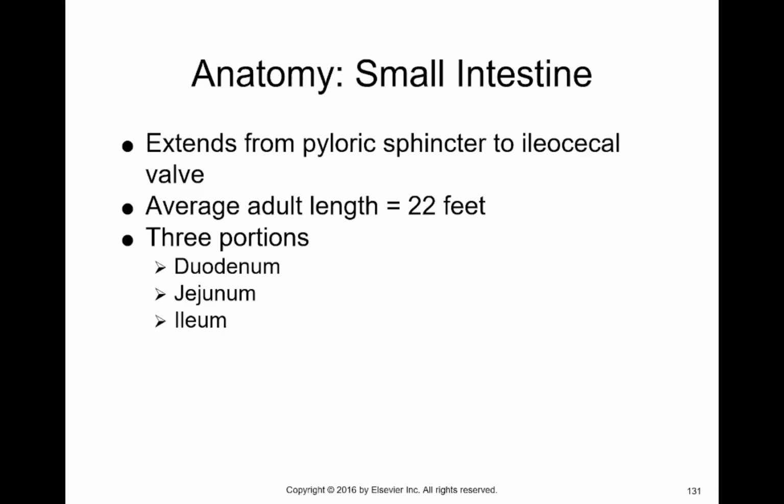So anatomy review: the small intestine is really broken down into three portions, and that is the duodenum being the first portion of it, which is very, very short, and then the jejunum and the ileum. And I will show you where you can find each portion of the small intestine. So the duodenum comes directly off the stomach and is pretty much midline, and the distal portion, the very last portion, is the ileum, and that's what hooks up to the colon at what we refer to as the ileocecal